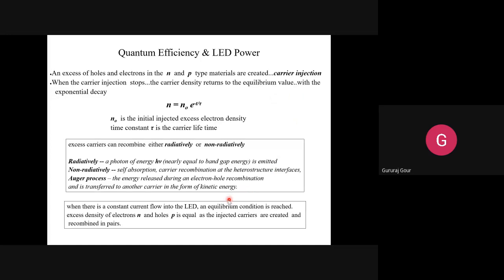Now here, after reaching the valence band, the energy released during the electron hole recombination. Try to understand here: he is not telling the energy released during the falling. He is telling the energy released during the electron hole recombination. While falling, what energy has been released? That is potential energy because of its position, its height.